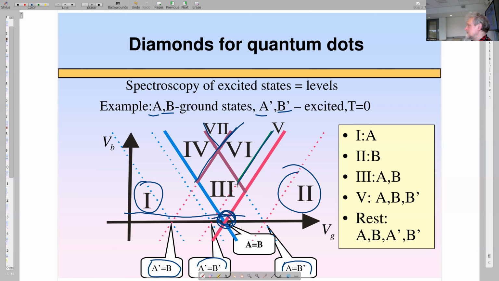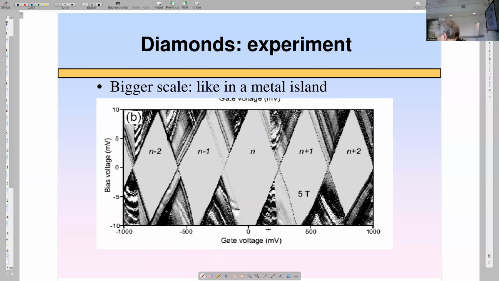I can find energy considerations if I just compare the energies of the states, understand how much energy I have to pay, and draw the cones corresponding to each tunneling. That's how I can distinguish different transport regimes. There's a large exercise, a large problem in your homework about this. Very good. I don't frequently show you experimental pictures, but here I would show one.